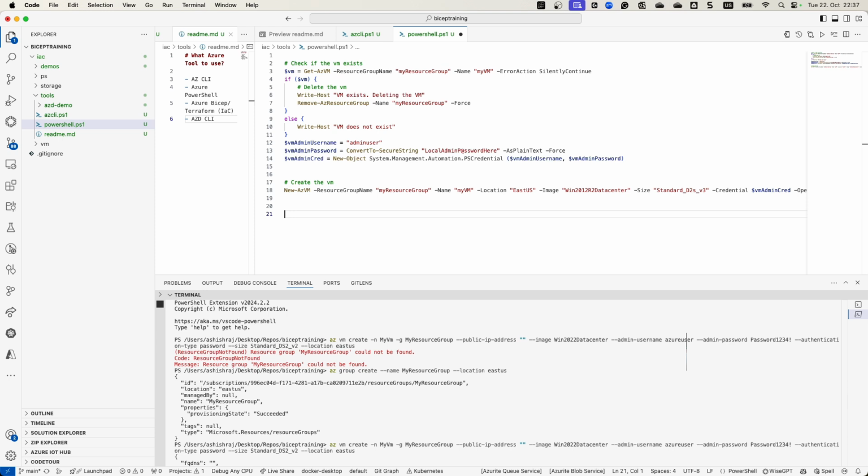When you are using AZ CLI, you are only using command line operations. So when you want to quickly create a VM, or check some status of a VM or any other resource in Azure, AZ CLI supports all the different resources, so you can do any operations on those resources. But the name suggests CLI, that means command line tool. If you want to do scripting, write some automation, write some logic, you have to have a scripting environment, and Azure PowerShell comes into the picture